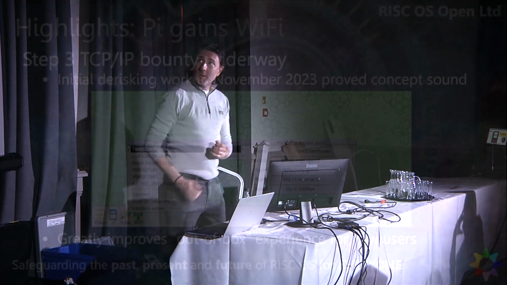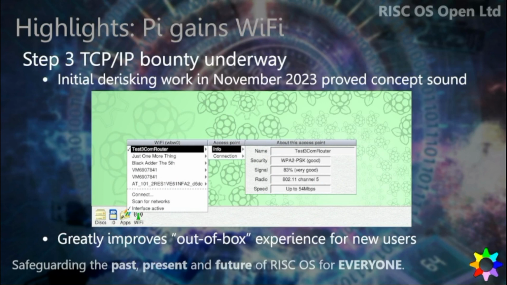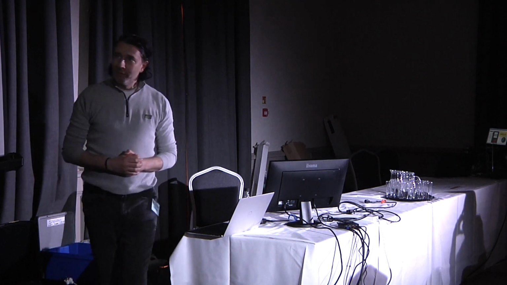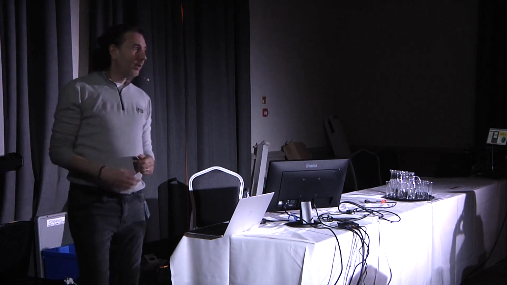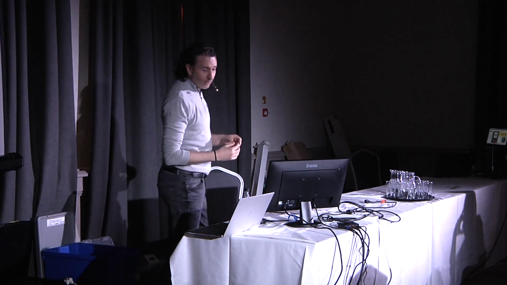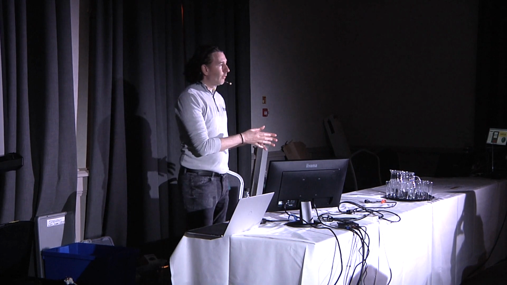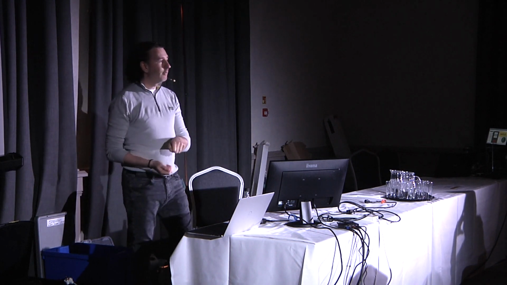On a related note, there was a bounty that was split into multiple bounties because it was so big and complicated. We're now on to the third stage of that, and that has made sufficient progress that it has unlocked the ability to add Wi-Fi support. So that's now on pretty much all of the Raspberry Pi platforms that have built-in Wi-Fi. You can now just get Wi-Fi, and thanks to LSR, who developed this user interface for controlling it. He previously, and still, sells a plug-in Wi-Fi adapter for Raspberry Pi, and he wrote that software as the user interface for that. But now we've developed Wi-Fi natively in RISC OS.